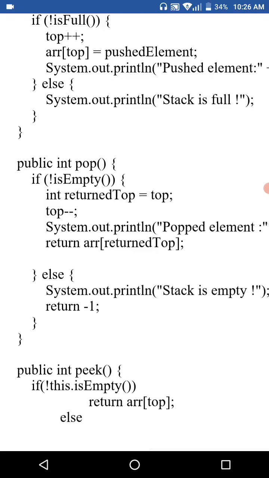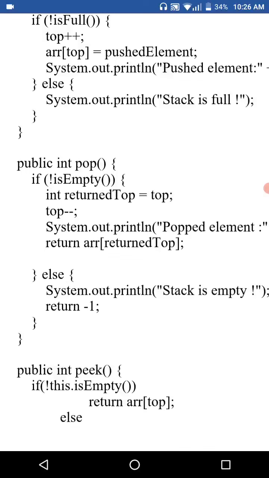So what is the pop here? Is not empty condition, because if nothing is inside the stack, we cannot remove anything. So we have to check that not is empty. So if not is empty, what we have to specify? If not empty, we can return the value from the top. I already told you that we can insert or remove an element from the top end only. For that they have to take the top value, assigning it into returned top. So returned top is a variable assigned by the top value.